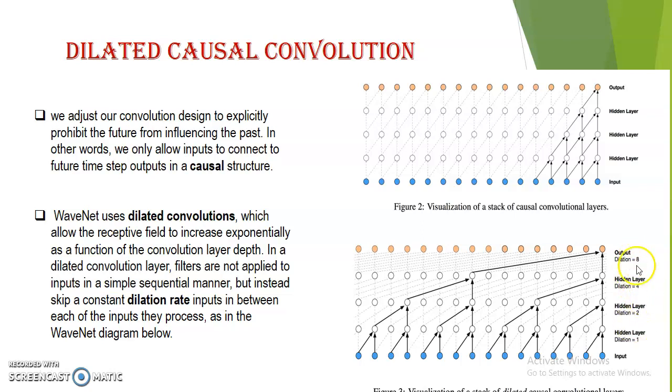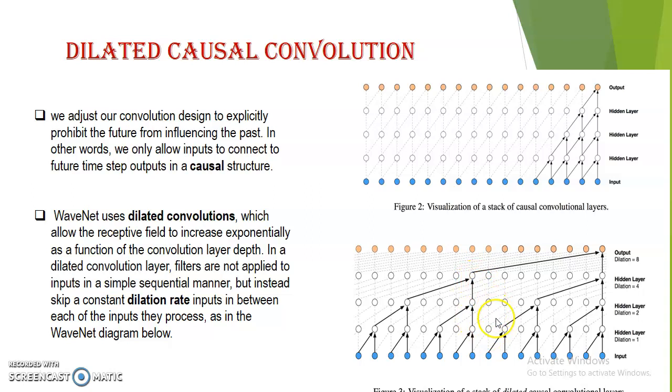So it's exponential. And then if you see the multiple of that, like 1 into 2, so this is 2. So we skip one neuron here, and we take the other one. In the same way here, if you see 2 to 4, then 1 2 3 4, so the fourth one is activated. Same here, the eighth one is activated. 4 into 2, 8, the eighth one is activated.